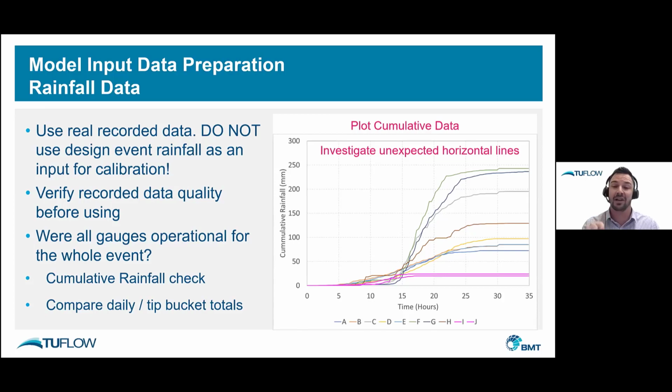It turned out that part of the catchment in this location was where they received the most rainfall, based on the daily total pluviographs. And if we hadn't picked up that those 2 tipping bucket gauges went offline very early in the piece, we would have had no chance of calibrating to that event. So something to be wary of.